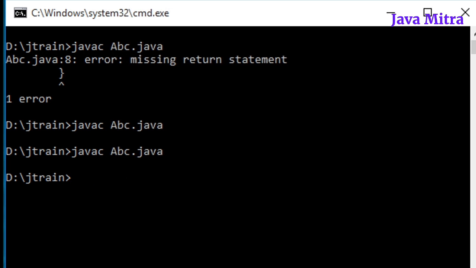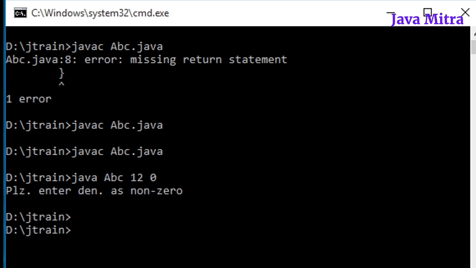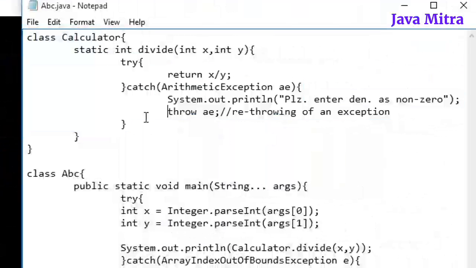Let me run the program with 12 and 0, just to see the output in case of arithmetic exception. Please enter denominator as non-zero. So in this way I have shown you when to use try block, when to use catch block, and when to rethrow an exception. Now